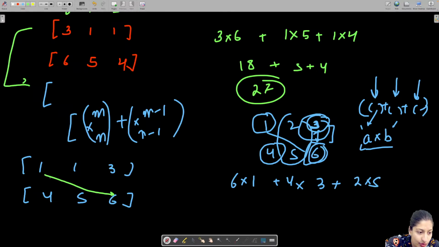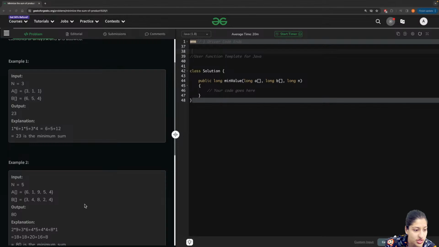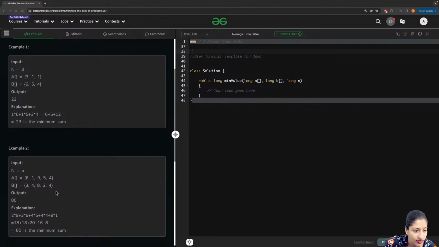This one to be multiplied with this, right? This one to be multiplied with this one, to be multiplied with this, and then the sum that I get, I am going to get it as the minimum only. Even if I take the other example, let me take the other question, other test case, which is, let me